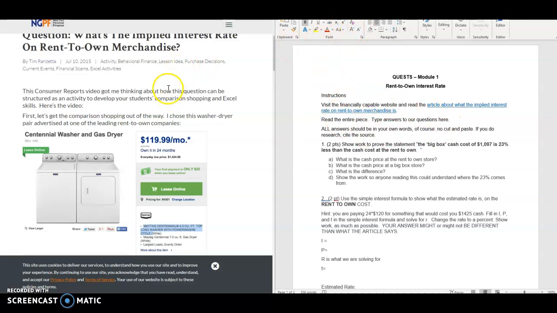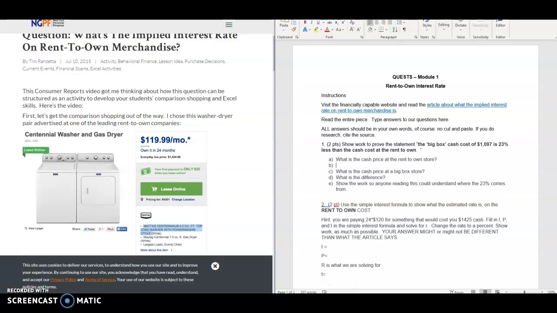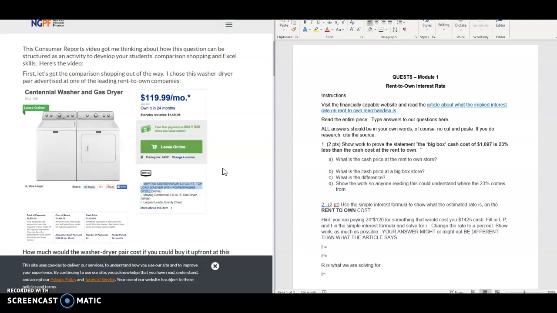You need to open the web page and open the Word document and click Enable Editing so that you can go in here. Where it asks the questions, you can hit Enter and then put your answer in there. When I look at this Word document, the first thing it says is: show the work to prove the big box cash cost of $1,097 is 23% less than the cash cost at the rent-to-own. So when I go to the rent-to-own,